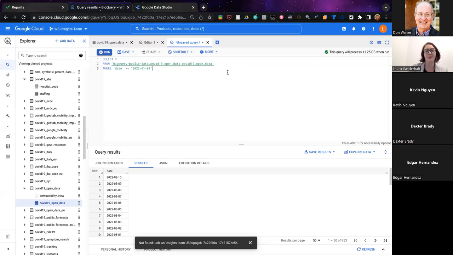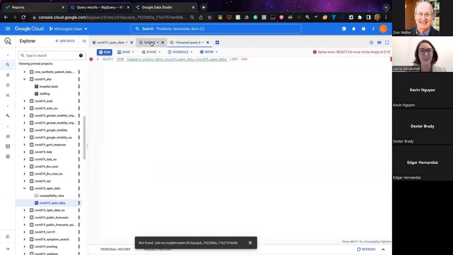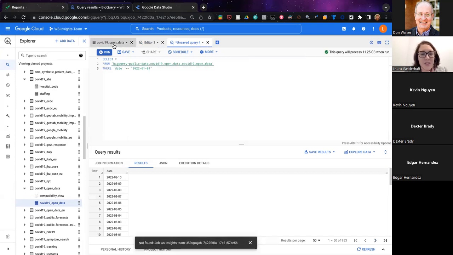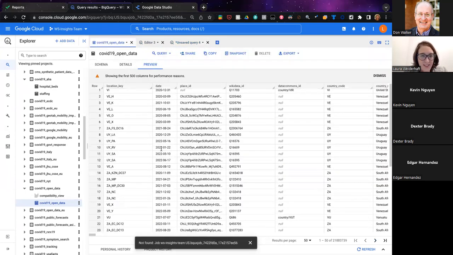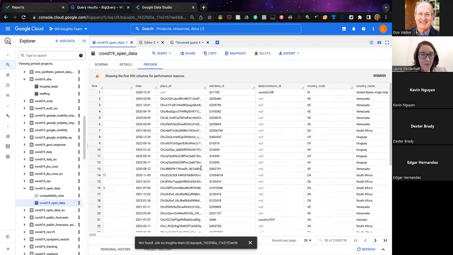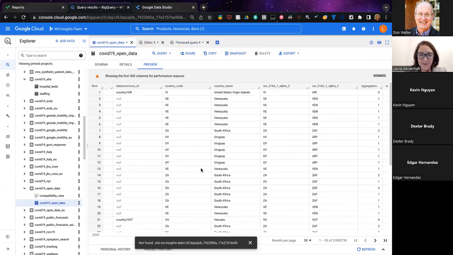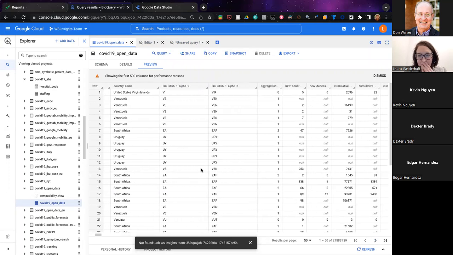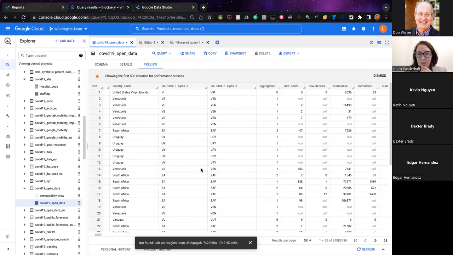So I'm also maybe gonna put in a condition here where we're gonna pull for one, let's look at one country maybe, or maybe just North America. So I'm gonna go back and look and see if there's another good way to filter this data down further. New confirmed.